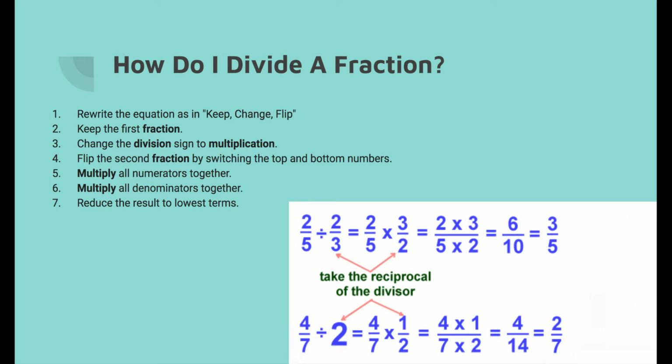We're going to take the reciprocal. Remember, we're flipping. We're going to flip. 4/7 times 1/2. So now I have 4 times 1, I'm just multiplying